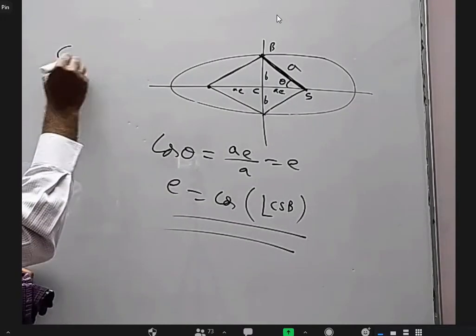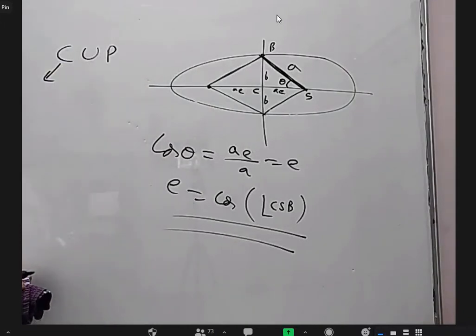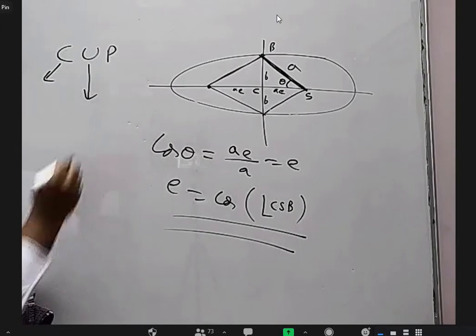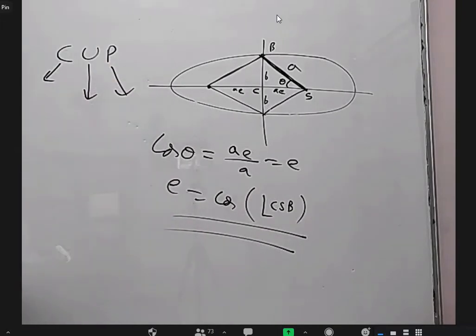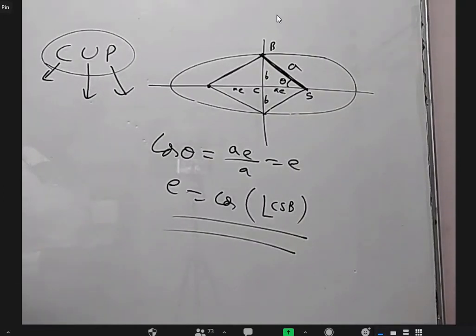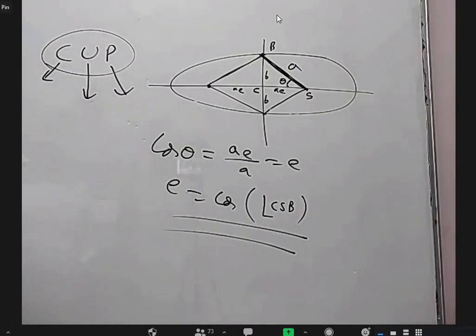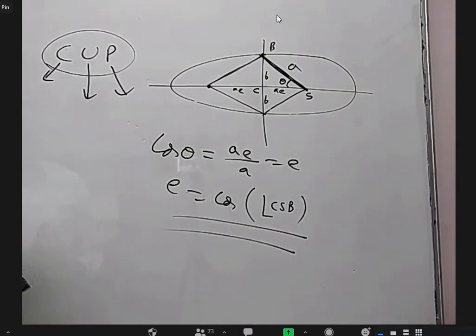There is something called CUP. C for concentration, U for understanding, P for practice. If you follow this rule, you can do well. So concentrate in the class, try to understand what was told, and then practice a lot of questions. So follow this CUP formula. Anybody had this CUP formula before? Nobody? Okay, just yesterday somebody told me. Of course, we can make up anything like that. Concentrate, understand, practice.